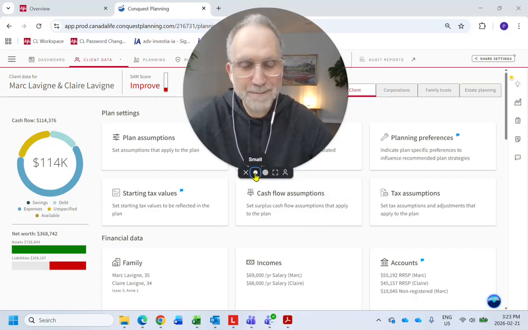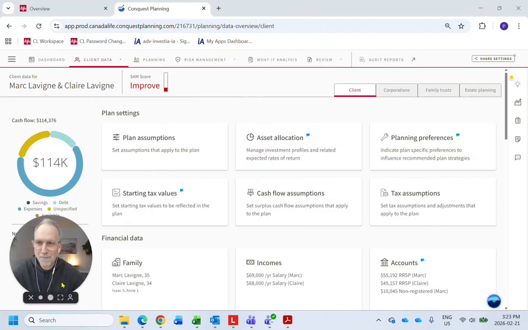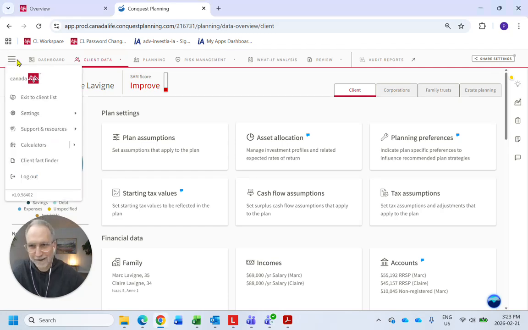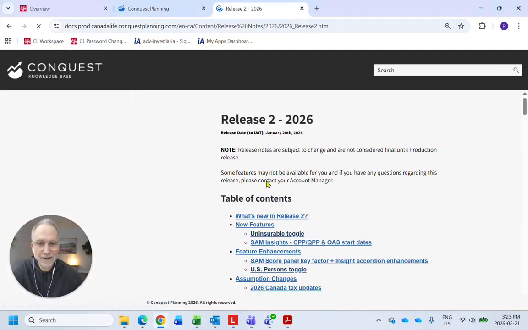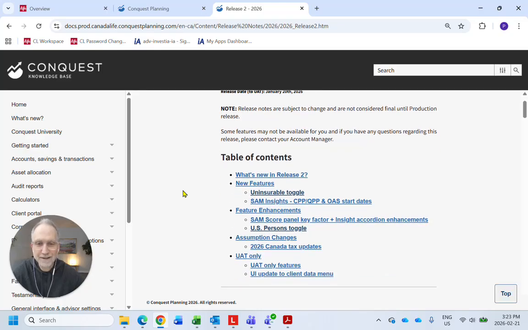As you can see, I'm in my sample client scenario for Marc and Claire Levine. We can go to the upper left corner, 3 lines I refer to as the hamburger icon, and we can go into support resources, knowledge base, and view what's new for release 2. Here are the table of contents. There's quite a few items here, but as I mentioned, I'm just going to review the top 3 that I